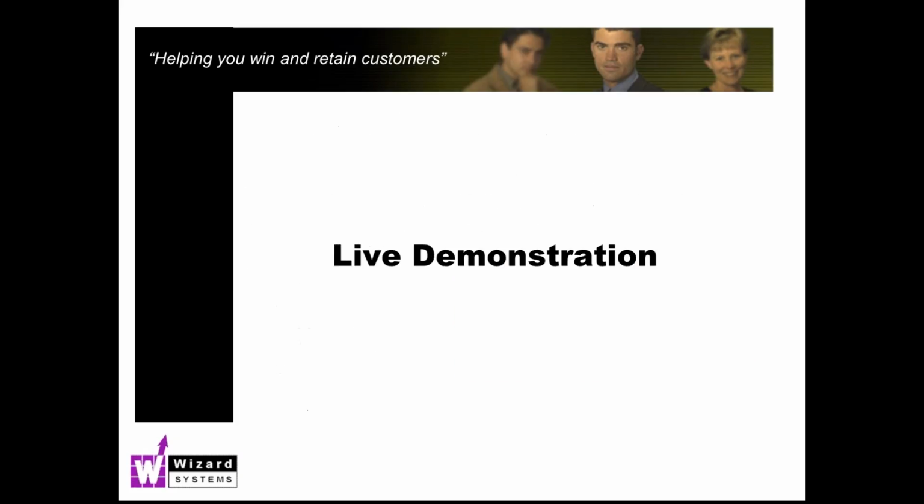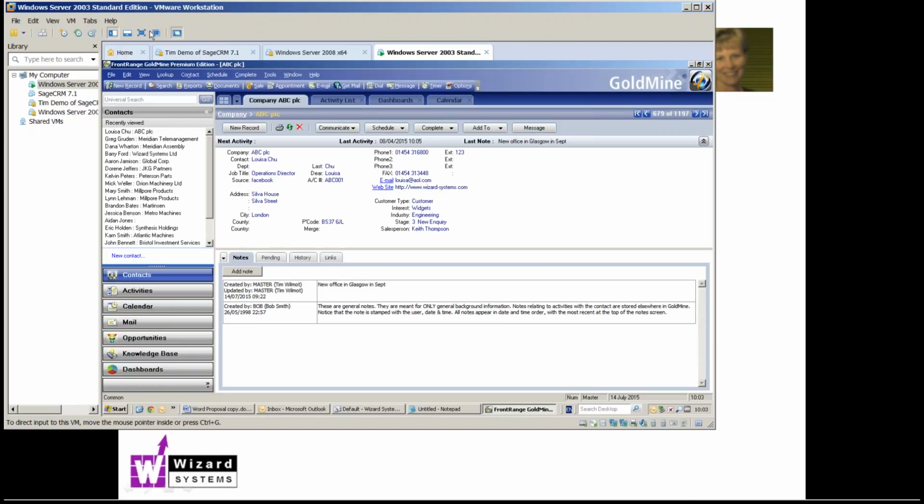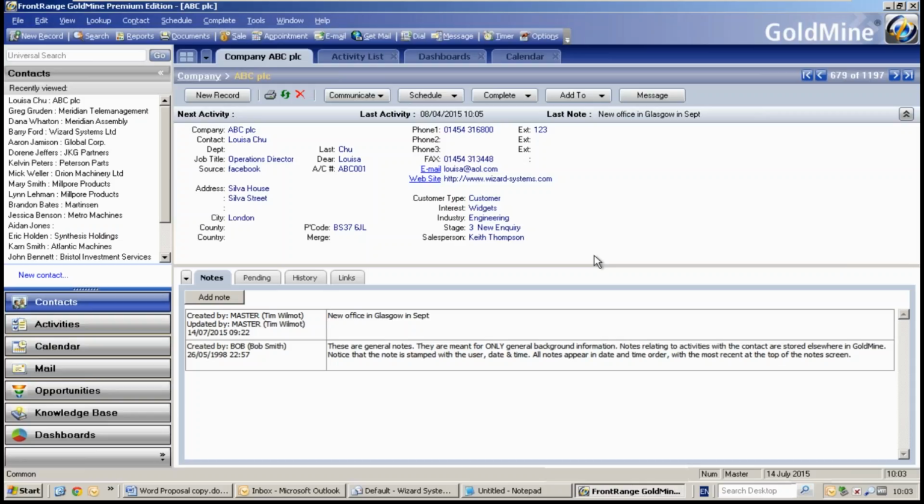Okay, let's dive into one of my demonstration systems. We'll just go through the basics of activity management then. Right, here is an example of a GoldMine system. You'll recognize it. And the first thing I want to point out is as regards seeing activities against a contact,